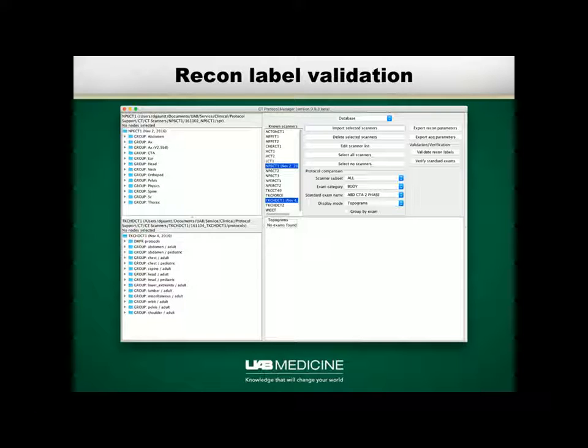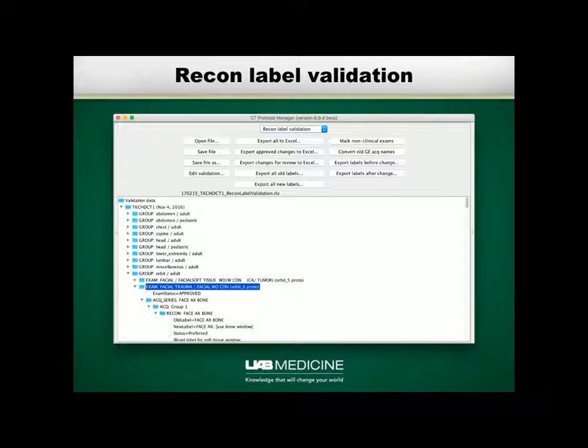It has to accurately describe the series. It better not say that it's a bone series when I'm using a bone filter and bone window and level settings and so forth. It better actually fit on the scanner. Although that's less of a problem at this stage, on Philips scanners you can't have more than 16 characters in a series description. And that's something you sometimes have to take into account when you're putting together a protocol from scratch. But anyway, I can click on this button up here, Validate Recon Labels, and I will now get